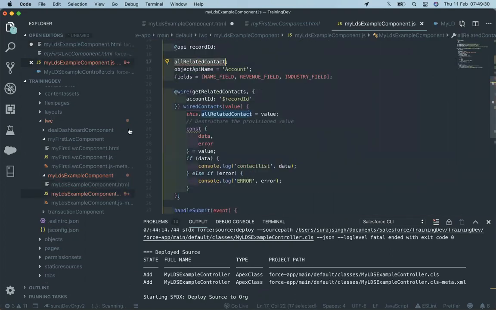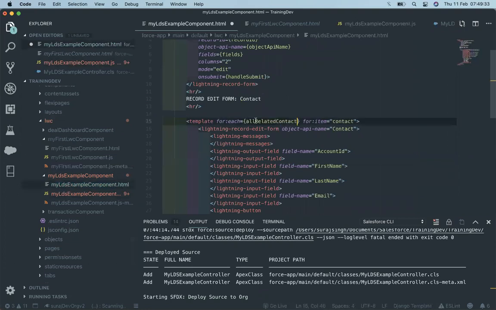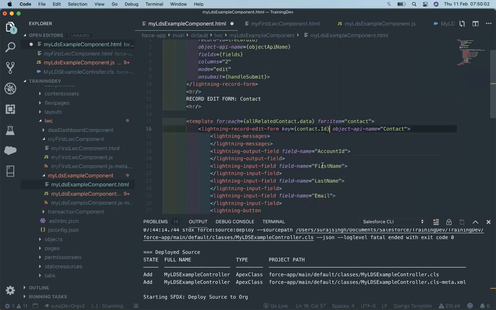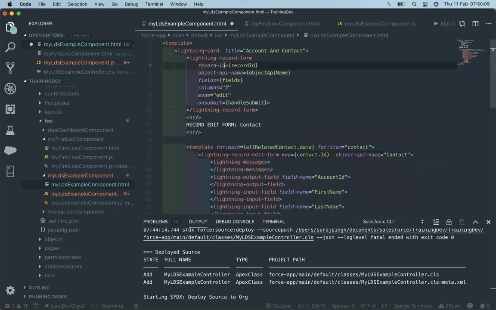And we have this variable data.data, and we created contact, and the first attribute we need to add is a key. Also, this is the important thing, because we are using it inside the for each, that is the important thing. Since we also have to pass the record ID up here, let's pass the record ID, and the record ID will also be the same contact.